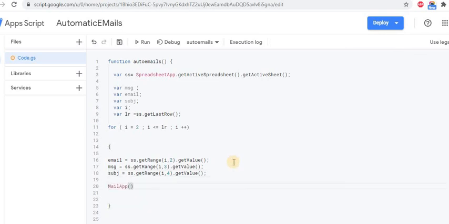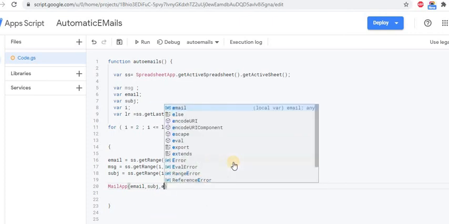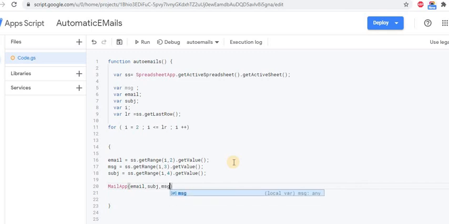So here what we will do is we will simply write the email, then we will write the subject, and we will write the message. There you go. So this will take care of sending the email automatically, and this will pick the variables from here.